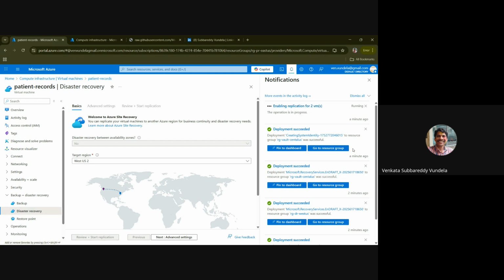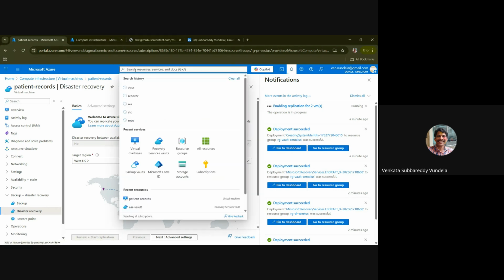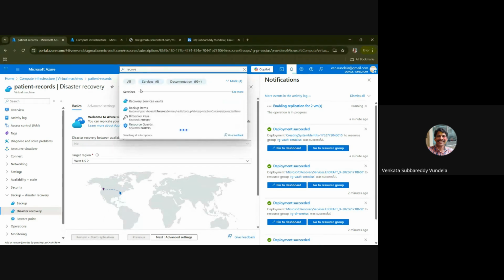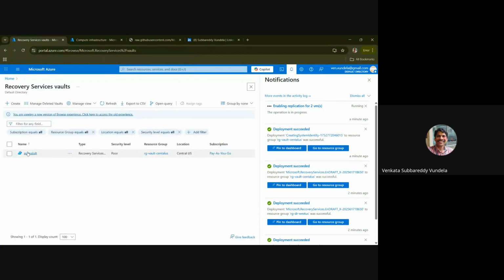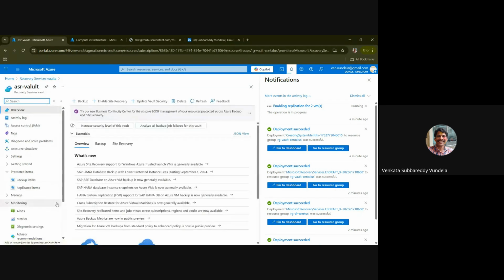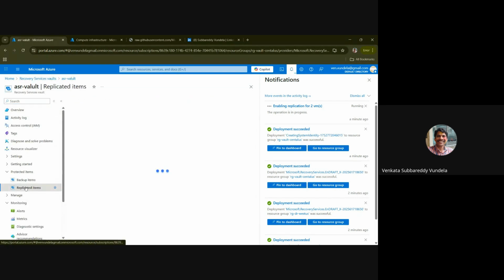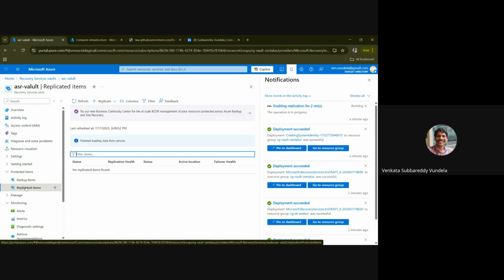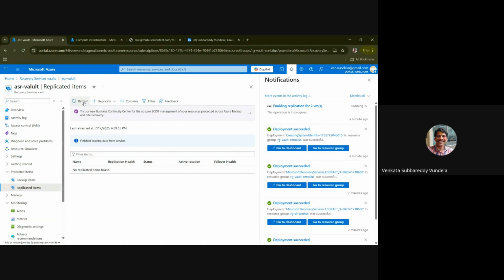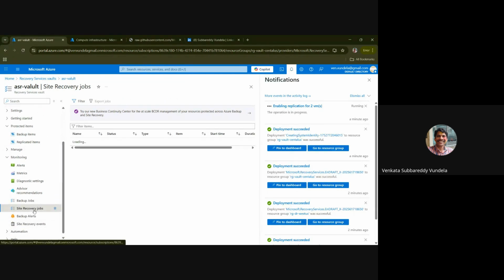Generally, it won't take much time. Recovery services vault, replicated items. Just a minute, let me refresh. Go to the monitoring.